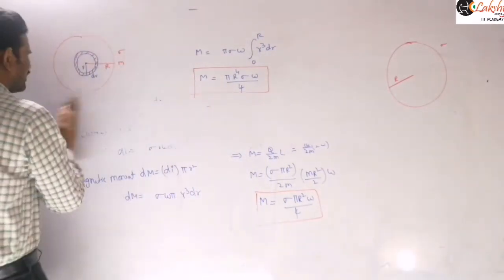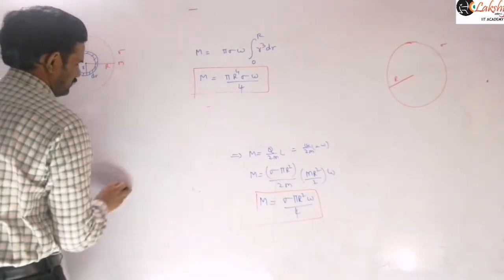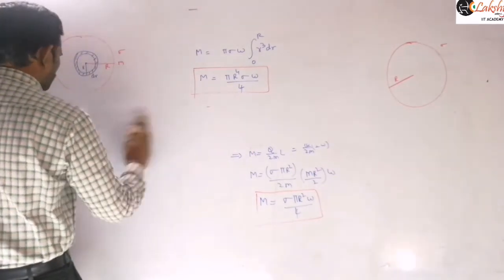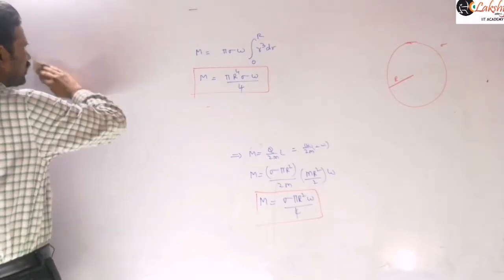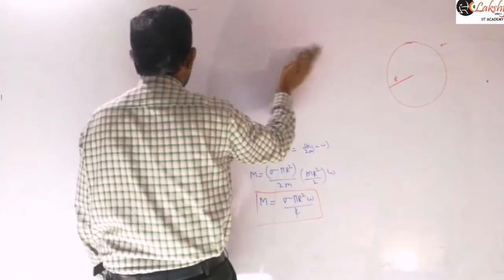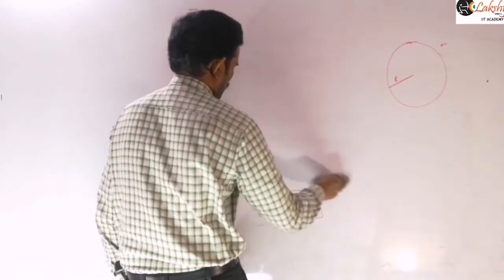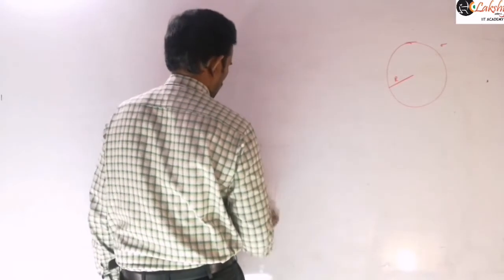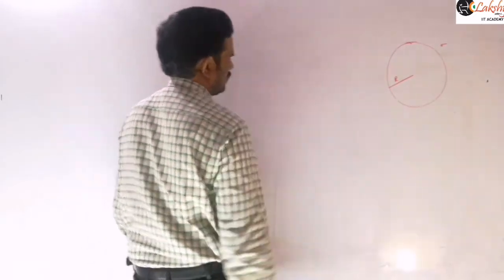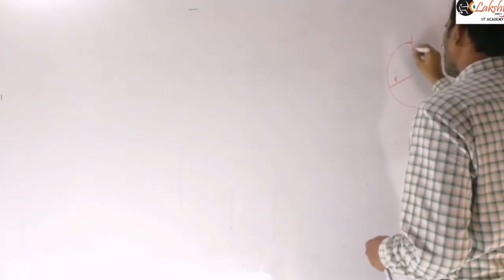If the sphere is rotating with the angular velocity omega about its diameter,